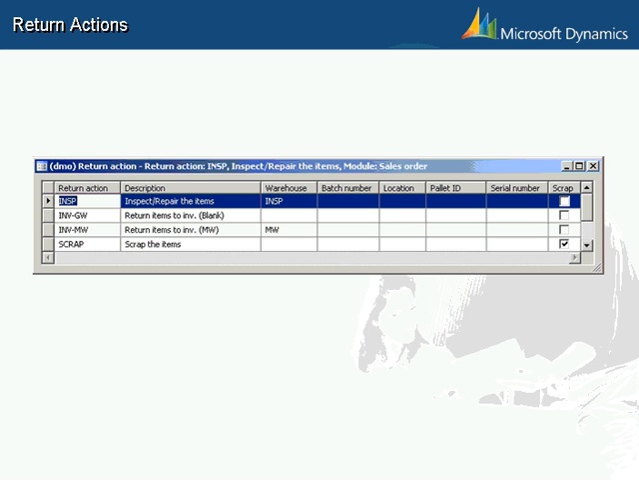So here you see a return action form. Return actions for sales orders are set up in Accounts receivable > Setup > Sales orders > Return action form. You can create multiple return actions, each specifying a different location, serial and batch numbers if applicable, and the option to scrap the item. So you see that in this form,